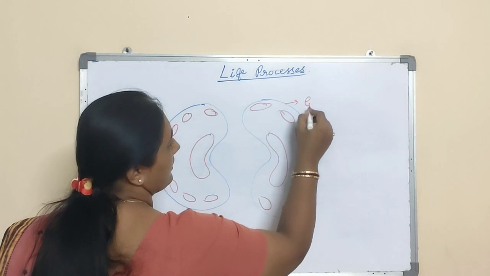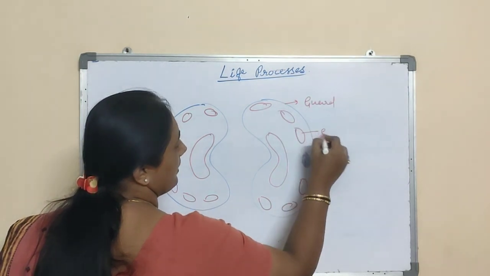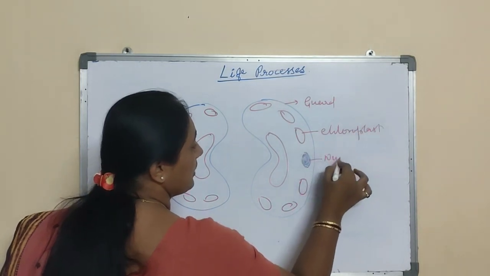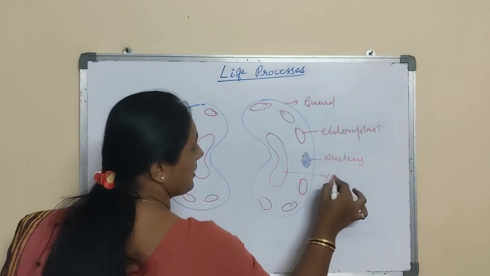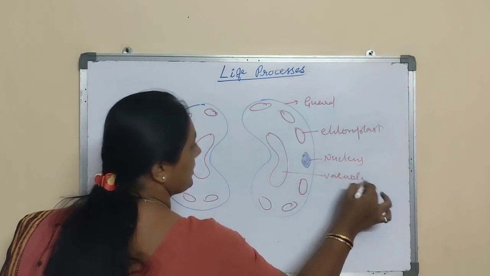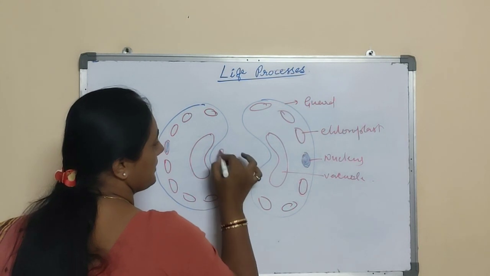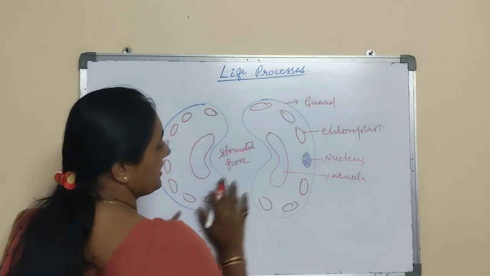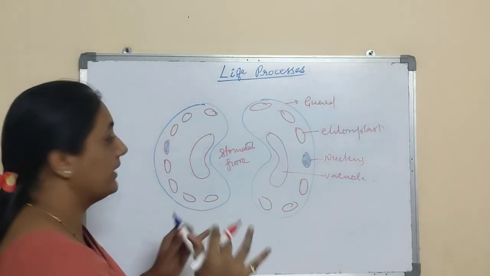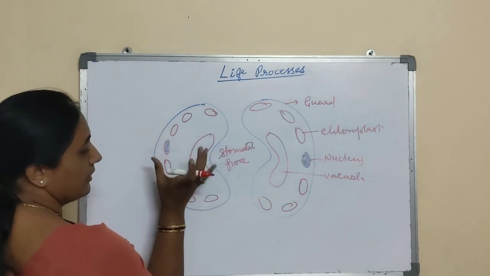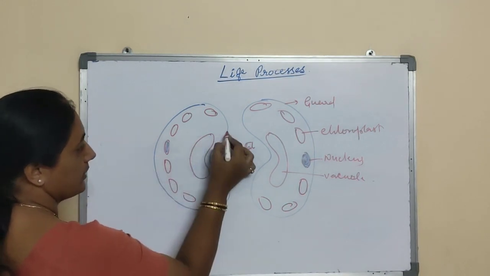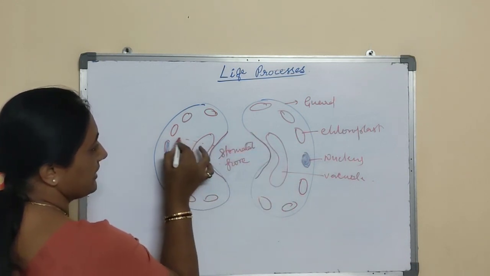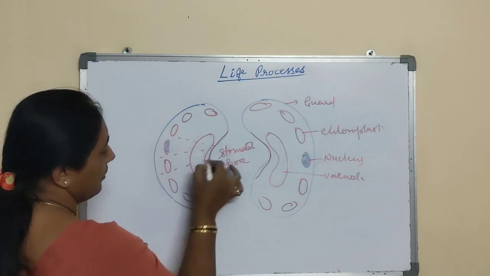So this is the guard cell. These are the chloroplasts present in the guard cell. This is the nucleus of the guard cell. This is the vacuole of the cell, and this inner part is called the stomatal opening or stomatal pore. In this condition, when these guard cells are swollen, there is elasticity in this wall. These walls are a little bit thick but attached with filaments. Some filaments are attached here, and as a result they have a lot of elasticity.